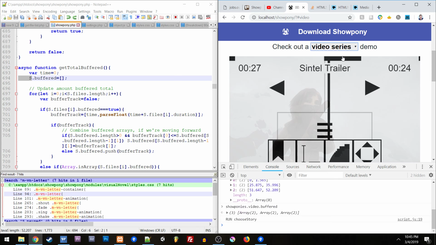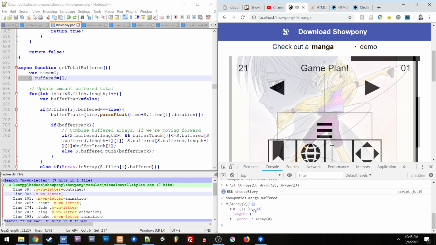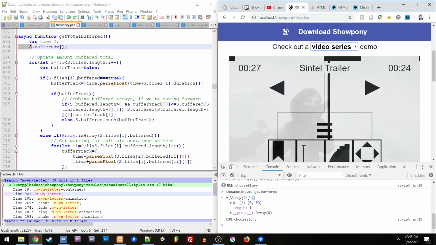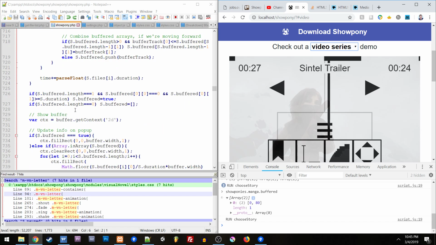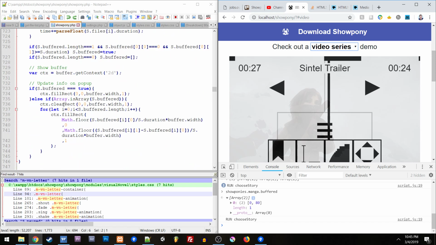However, let's say that I go into the manga. It is going to be different on a comic by comic basis. It still ends up returning a time array in my case, but it's based on the files. So going back to the video, what I do is go through all of the files first, and I look at what's been buffered there. I consider all those times and get those amounts. From there, I draw to a 1 pixel high